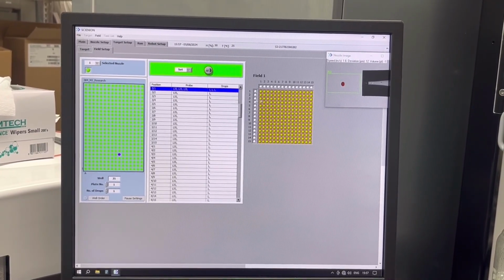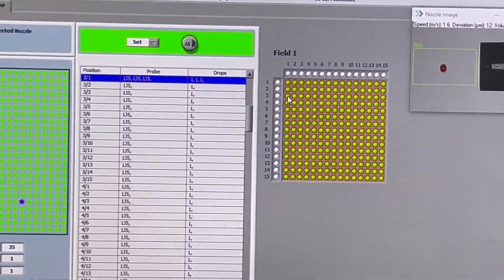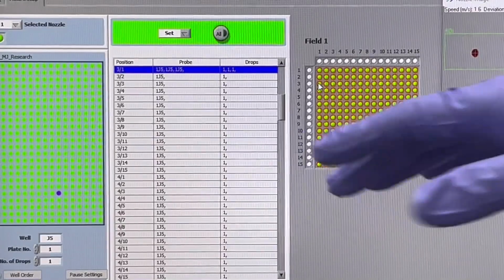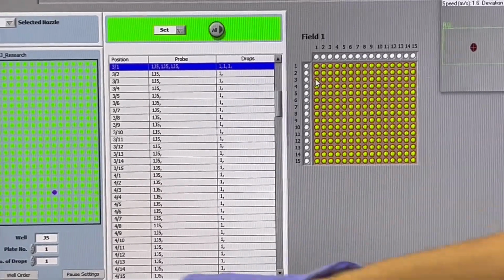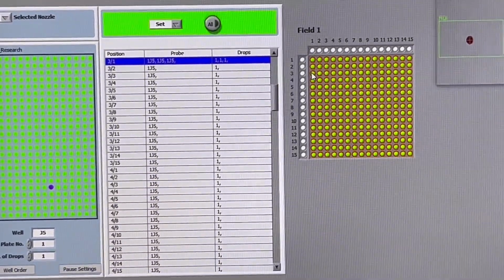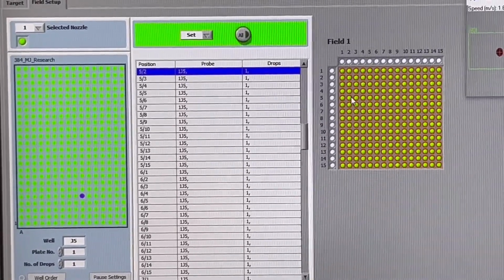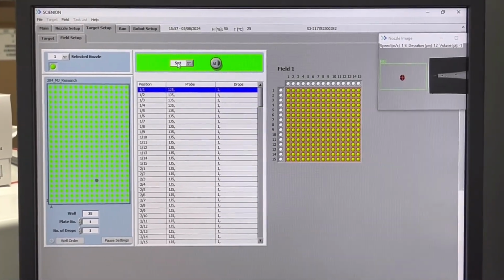If I click in here 3 times, it means this position has 3 drops, right? But it means we have to notify about that, or we have to check